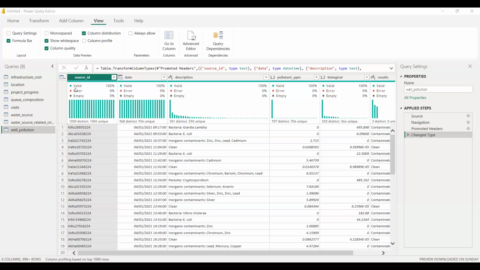Then the first part, we have valid, error, and empty. That one shows the quality of the column. For example, when you see 100, that means all the values are valid. We have no duplicates. If we had duplicates, you would see some changes within the quality region. This would not be 100%. For each column, we are having 100%, so the values are 100% valid